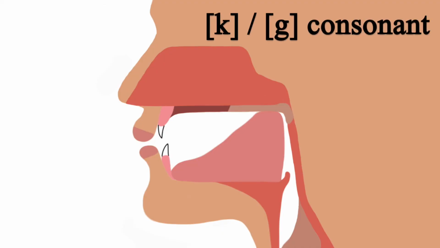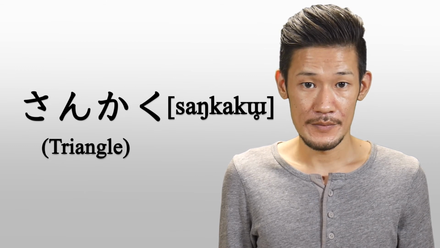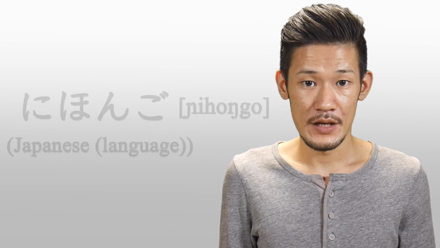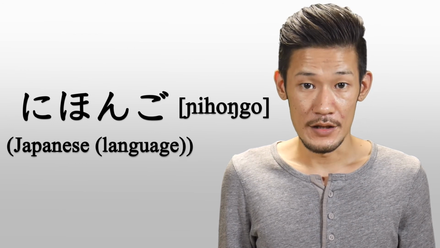When the following sound is K, G, or NG. When the place of articulation of the following sound is the soft palate, like K, G, or NG sound, you pronounce N as the NG sound. Example words: 三角、日本語。